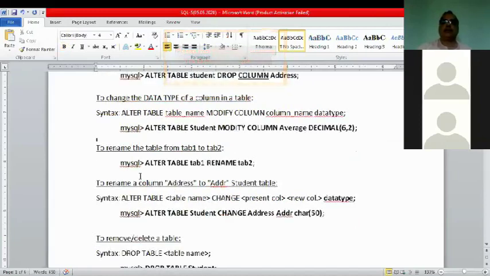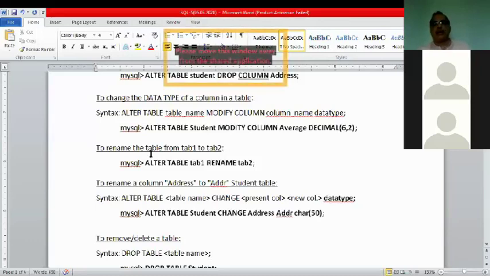Sir, this alter table command is used for any kind of structural change, excluding changes of data. While the question of change of data is concerned, we won't use alter, we use update. Yes, sir. If field related or table related changes are required, then alter only. Okay, sir.